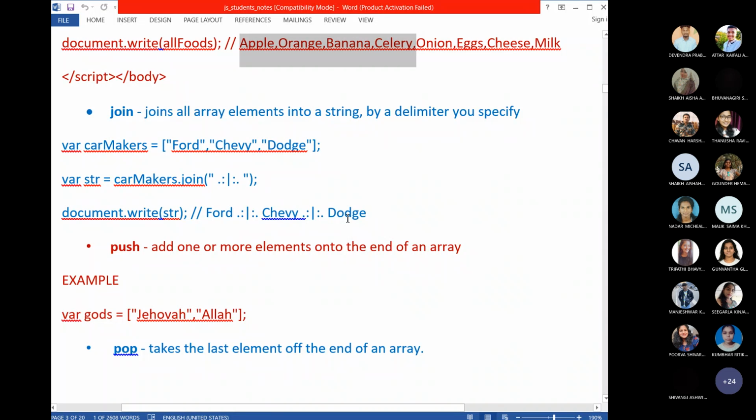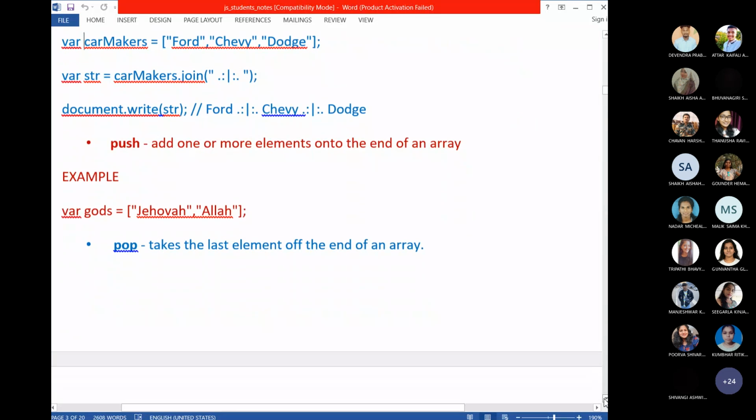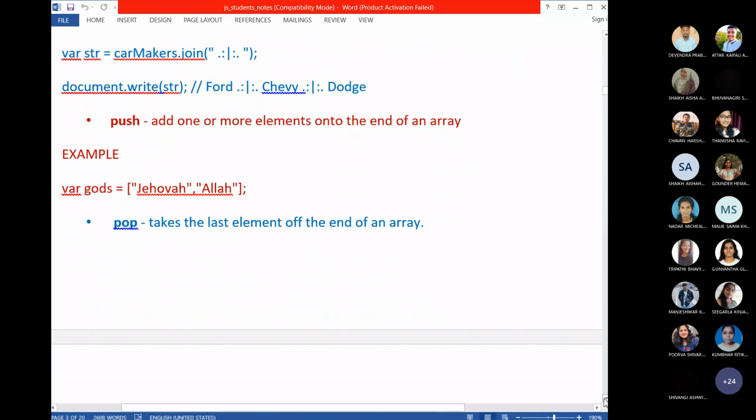Remember. Okay. What is concat? It concatenates two or more arrays' elements. But here it works with a single array only. You listen here. You did not create more than one array. You created only one array object. But within one array, there are many elements. All these elements will be merged and put as a single string. Is this clear, students? Yes, sir. Okay. So using join, you can join all the elements.